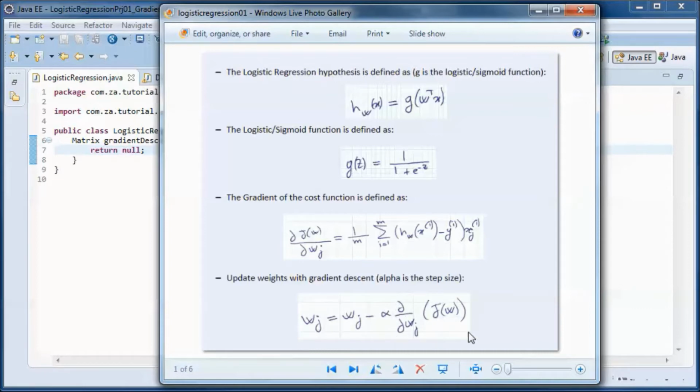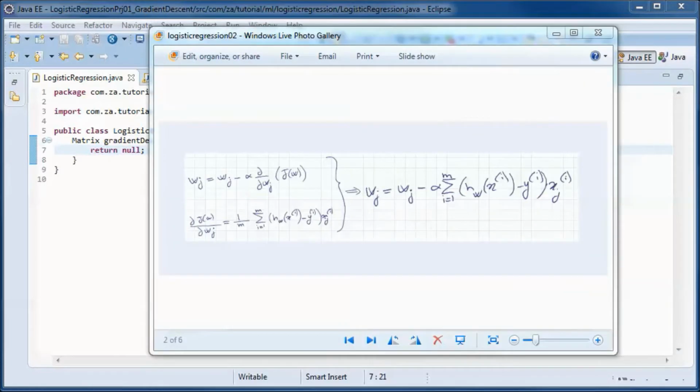So this is the gradient that we defined here, and this is alpha, which is the step size. So if we plug in the gradient here, we end up with this equation.